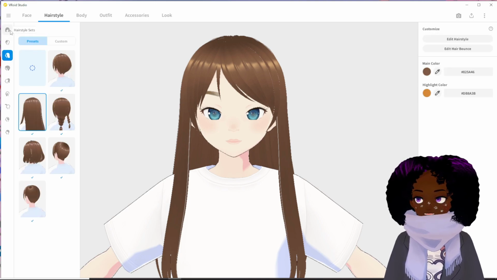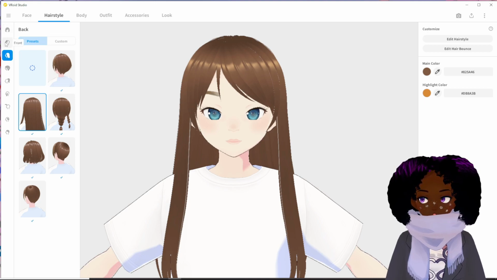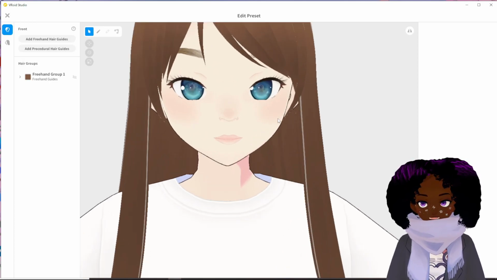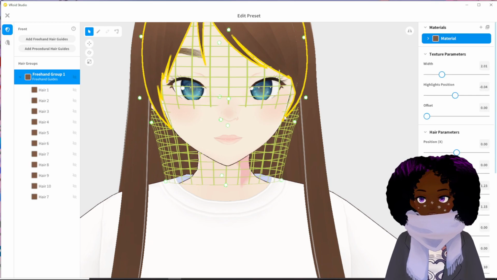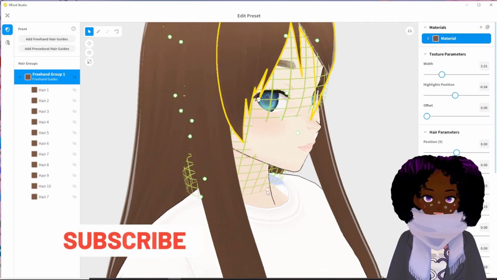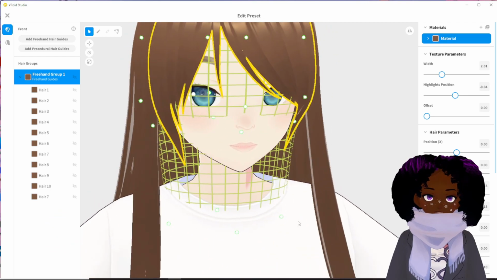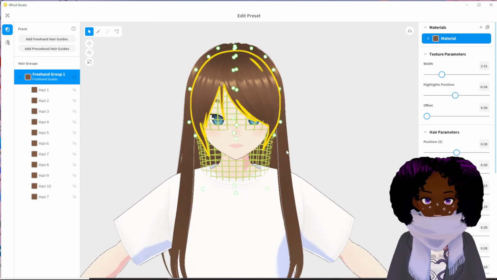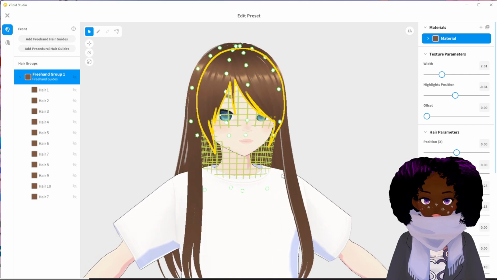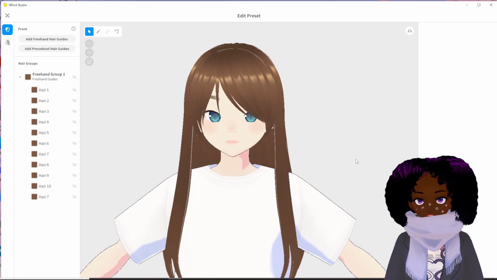Because I was in hairstyle set, we're going to go to the front and I'm going to press edit hairstyle. So like I said, I want to make the bangs come down a bit more. That is a very easy fix. I can do it in one of two ways. I like doing hair this way if you're completely new because it's just easier and you don't really have to be good at modifying. You can either pull the whole mask down and see where that lays, if that's what you're looking for.